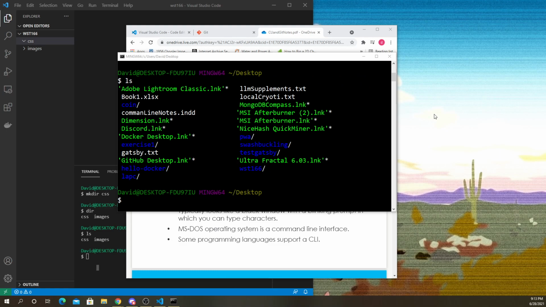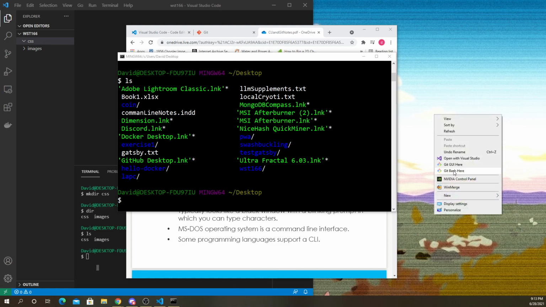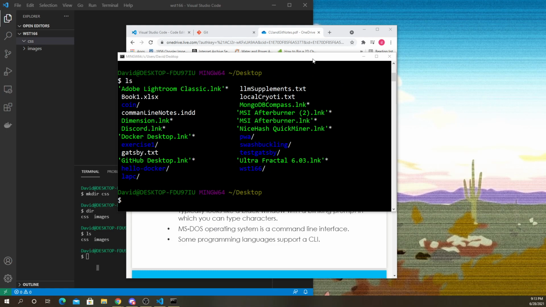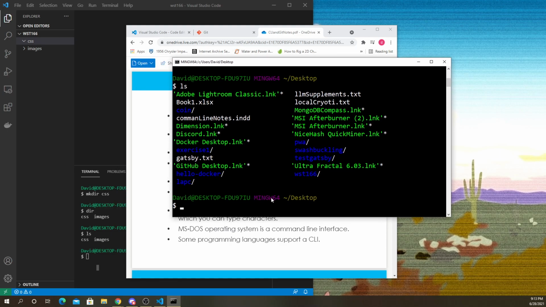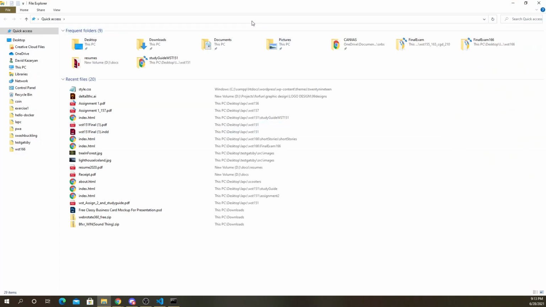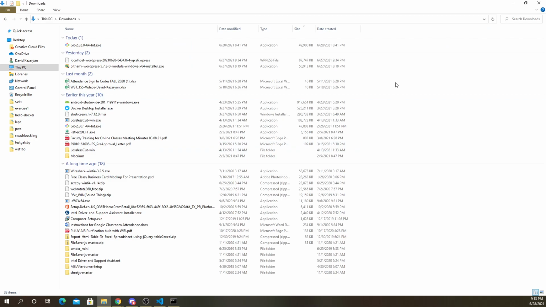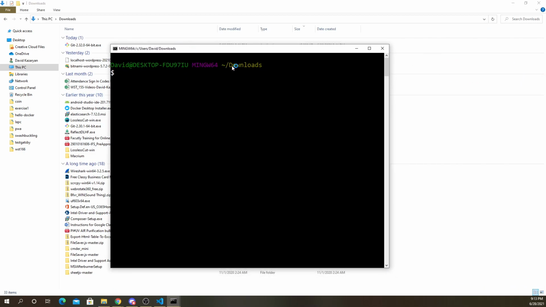But if I opened in a new folder and did git bash here, it would open it there. Let's say I was in my downloads folder and I right click git bash here, then now it says downloads. So if I do an ls, it'll list everything in my downloads folder.